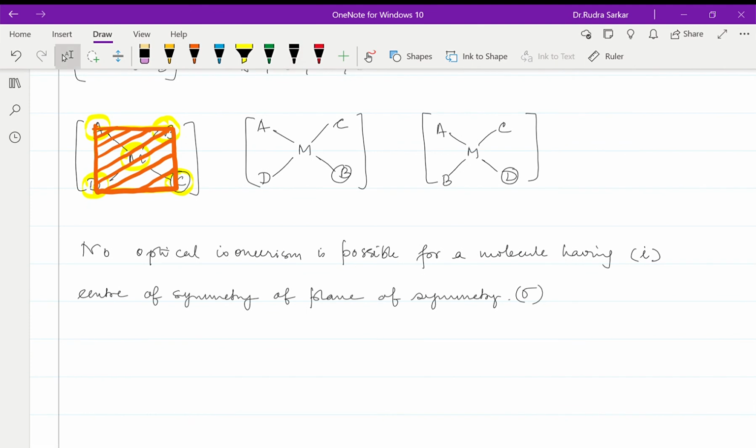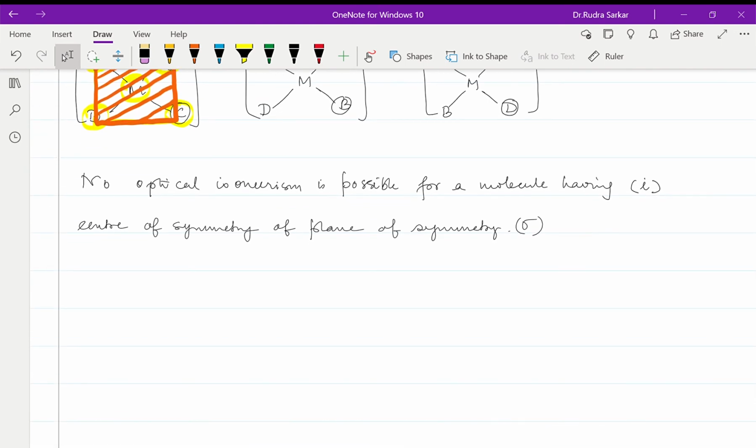So most square planar molecules should be optically inactive, but there is a special case. What is the special case? Can a square planar molecule be optically active? Yes, it can. A square planar molecule can be optically active